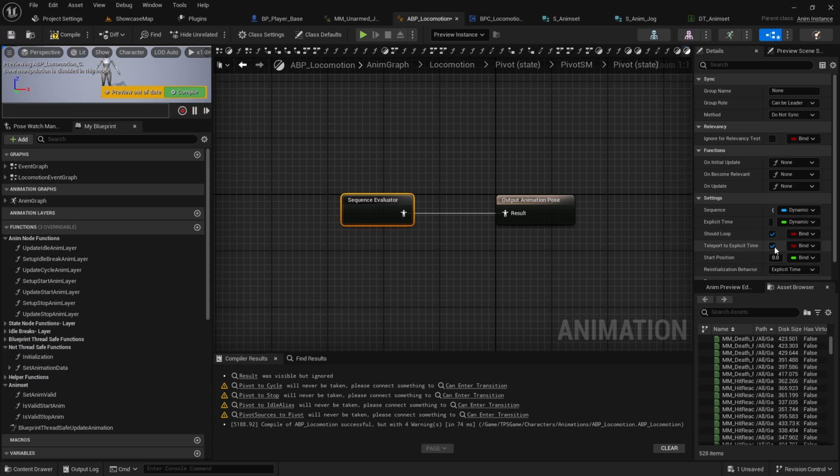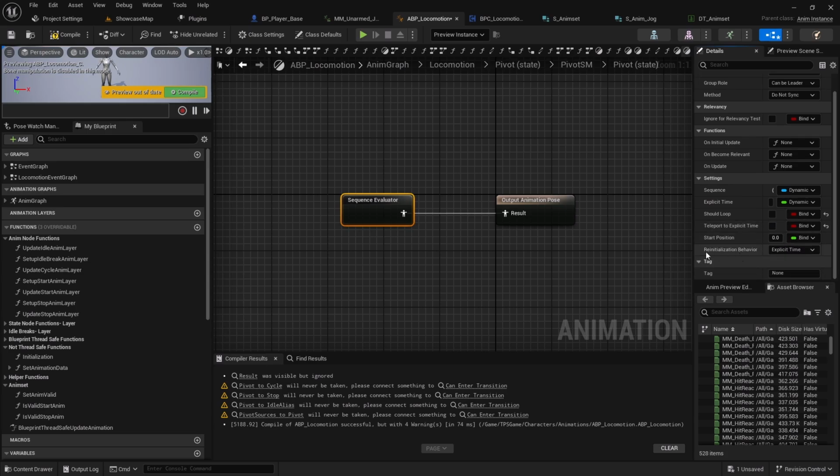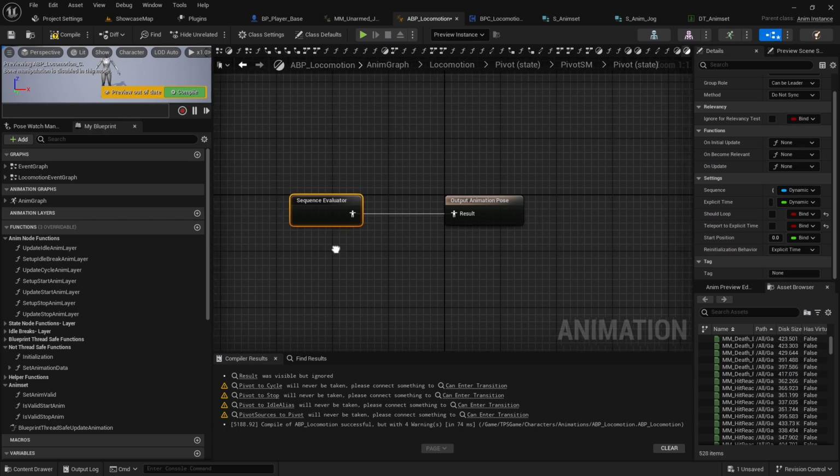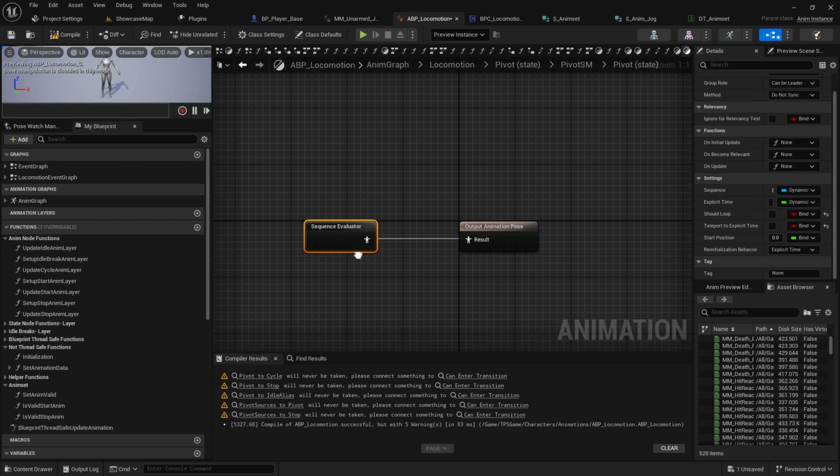Plus it shouldn't loop, and it shouldn't teleport to a specific explicit time, right? Okay, then